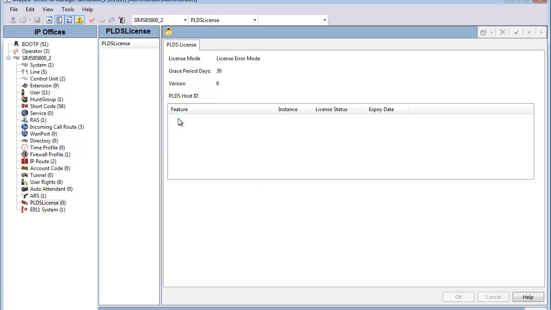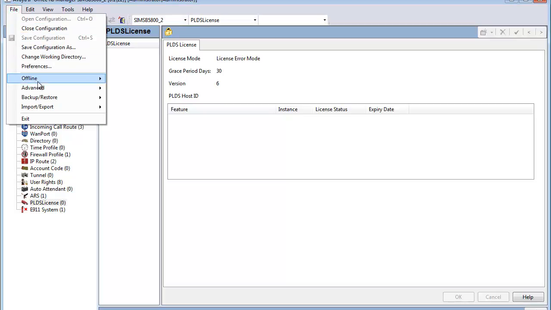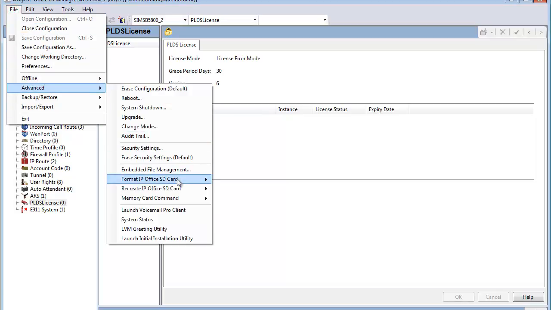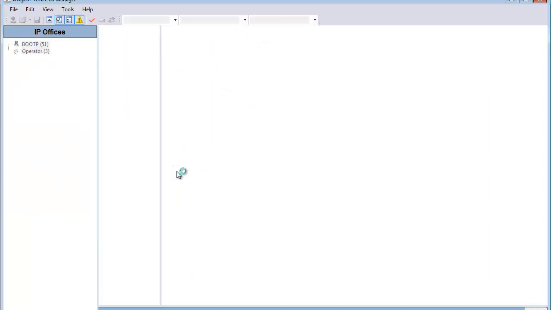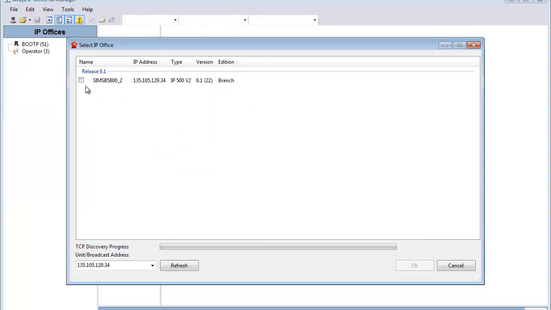B5800 unit. But as you see here, I'm pointing out we still see no active licensing, and there's no save option. And that's because the B5800 Manager client is not aware of that real-time change made to this secure digital card file system. So under Advanced, we'll go to the embedded file system where the license file exists now,